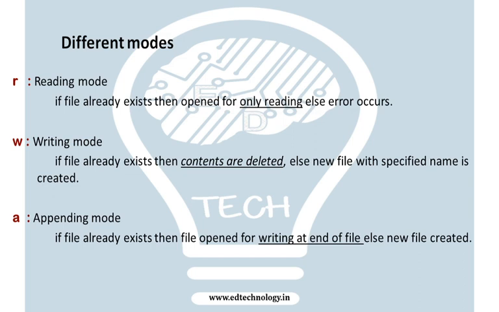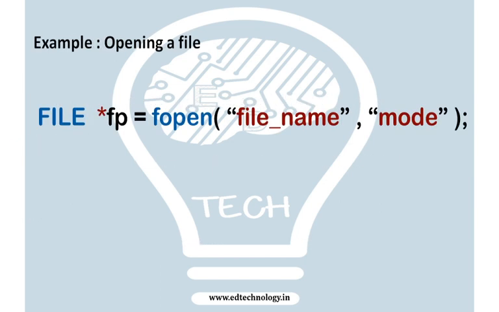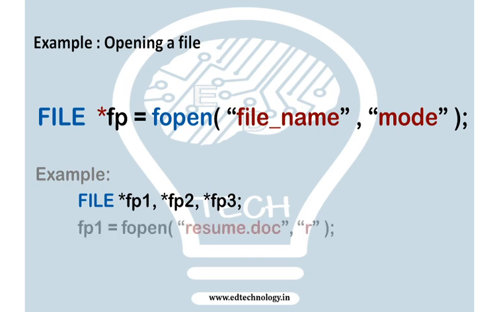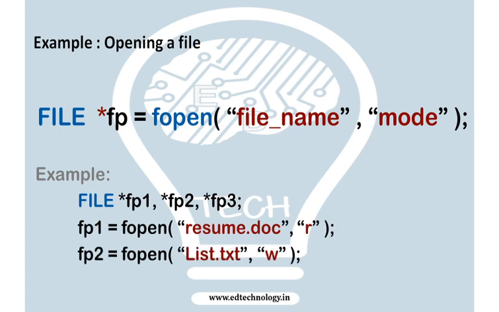Using this, we can open different files and work with different files. In a simple example, if I were to show you using the same syntax, it will turn out like this. We will first have to initialize three pointers. Because we are creating file pointers, the declaration would be FILE *fp1, *fp2 and *fp3. These are the three pointers which we have created for three different files, and this is how we will open three different files using the pointers.